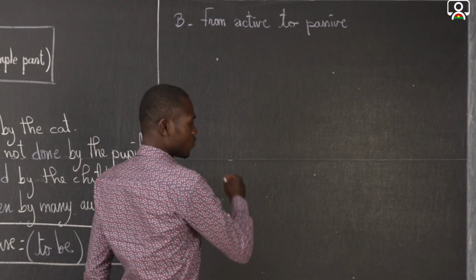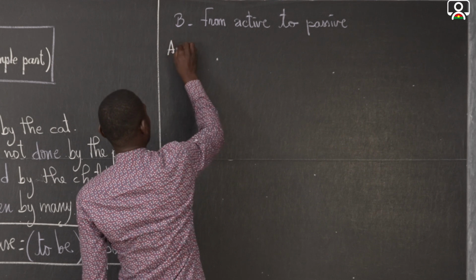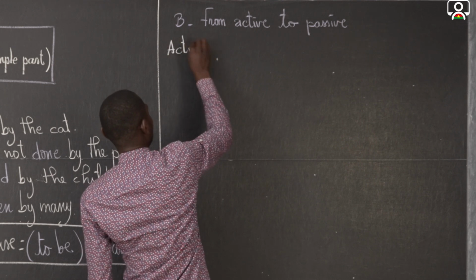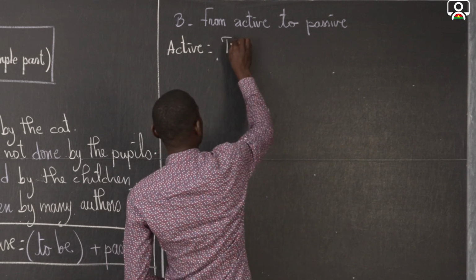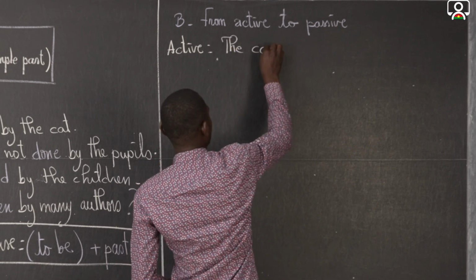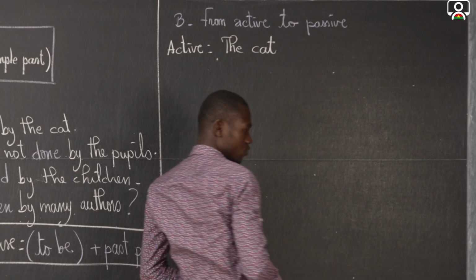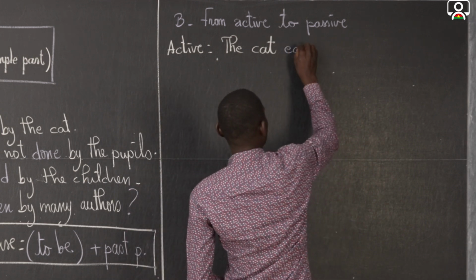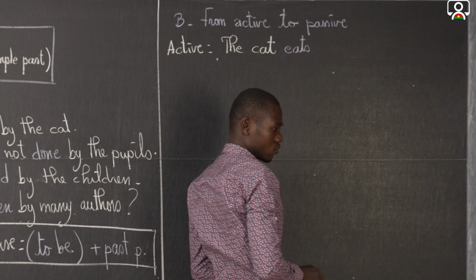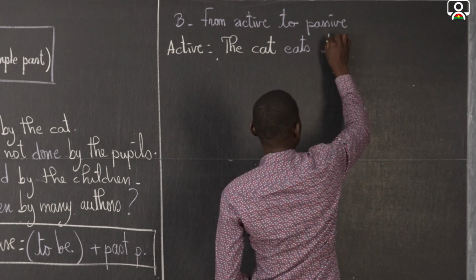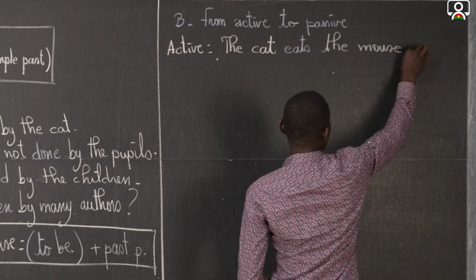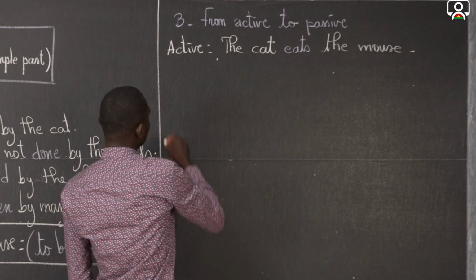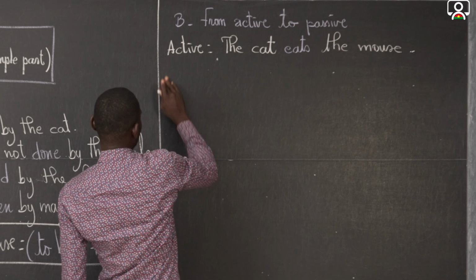Okay, let's go from active now. Active. The sentence is: the cat eats the mouse. The mouse. In the passive,